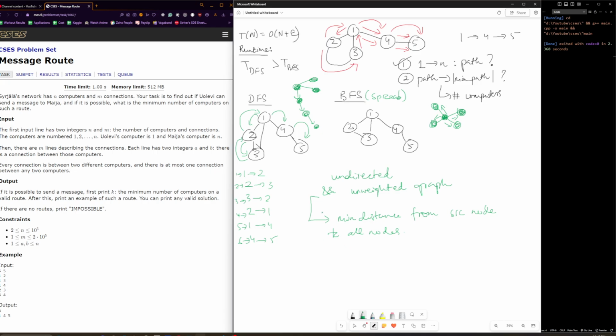So that's another beauty of BFS, because when we are doing a BFS, we are directly jumping into the neighboring